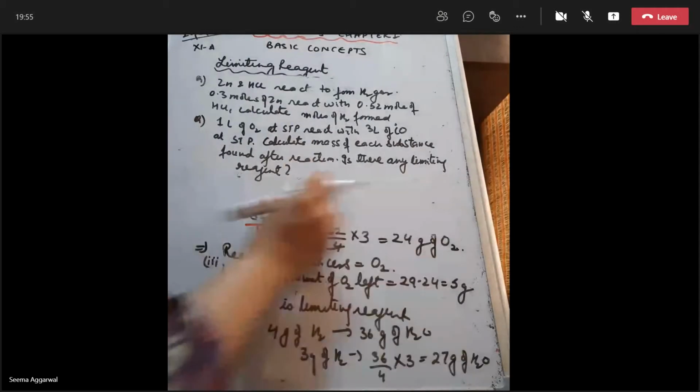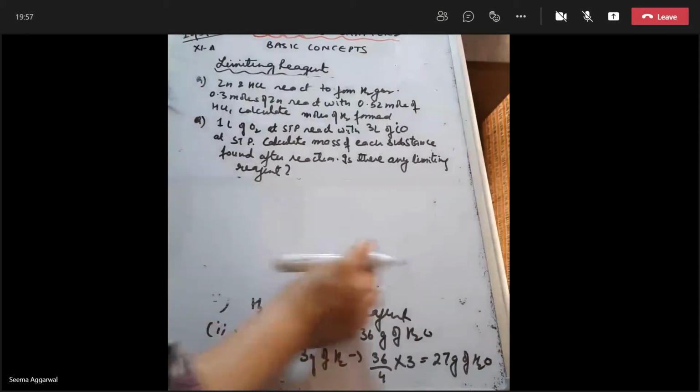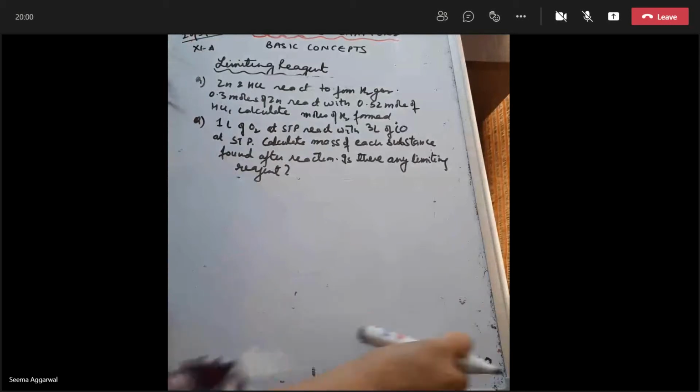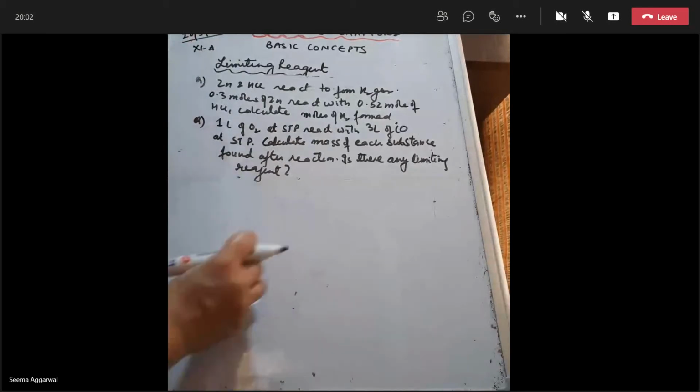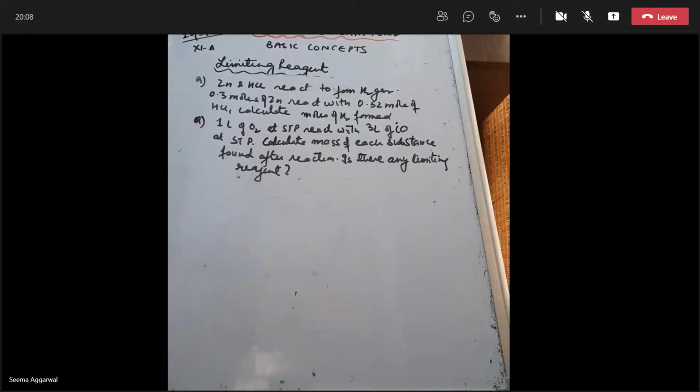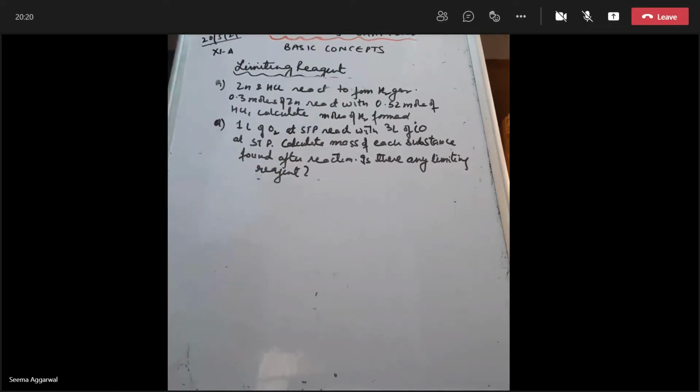These are the two questions. First, all of you try. Okay, what you can do first, 10 roll numbers, alphabetic order till Kanak, you can try question number first, and from Kunjal, Lakshya onwards, they can try question number second first. Okay, so I can ask from anyone. First step, write down the equation.